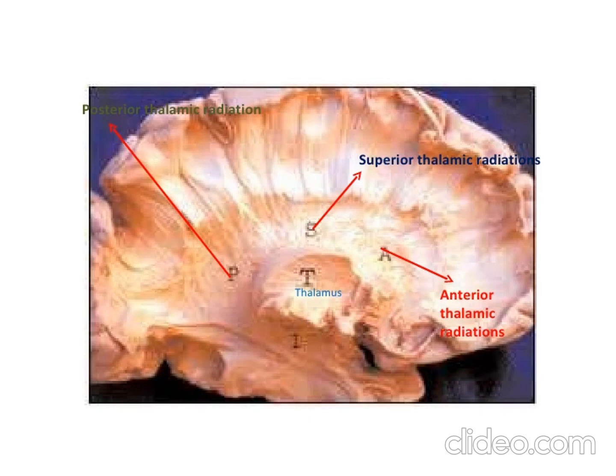And the next is the anterior thalamic radiation, which connects the anterior part of the thalamus to the prefrontal cortex and the cingulate gyrus, and it plays a role mainly in personality and emotion. Then the next one is the inferior thalamic radiation. This connects the medial geniculate body to the auditory cortex, and the posterior thalamic radiation connects the lateral geniculate body to the visual cortex, and all these radiations pass through the internal capsule.